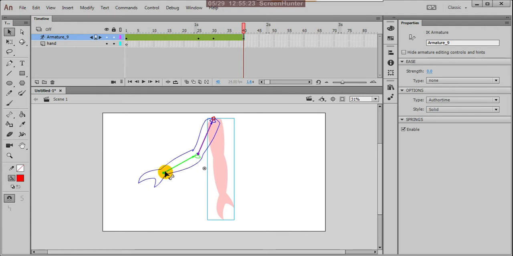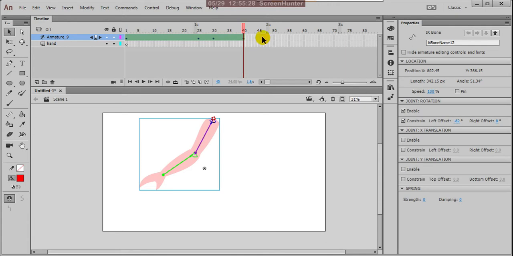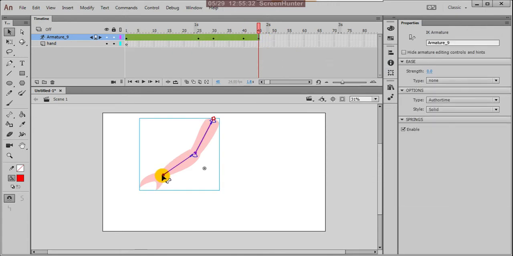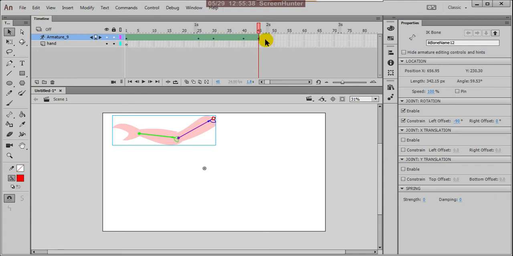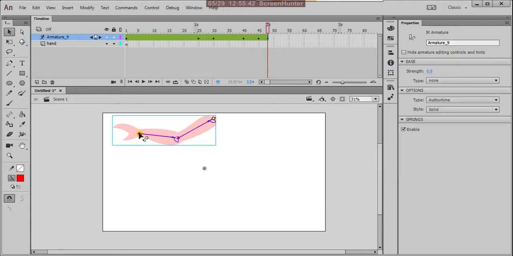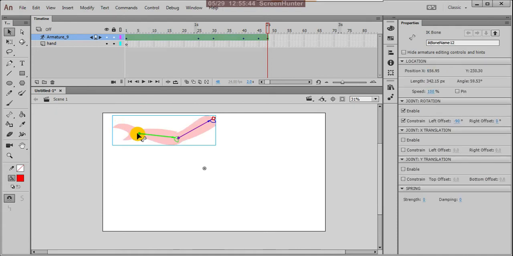This is my breakdown. From there to here, insert one more pose, and there I'm giving one more insert pose, and I'm stretching.